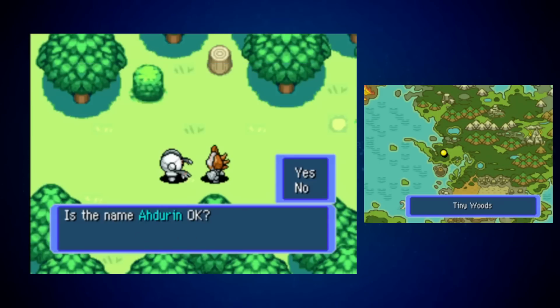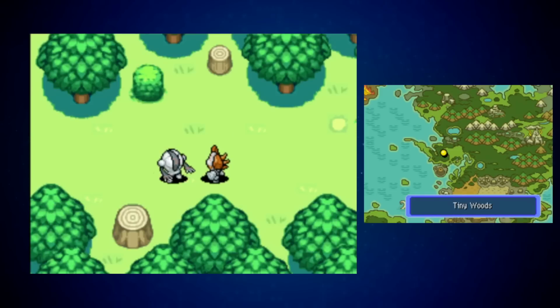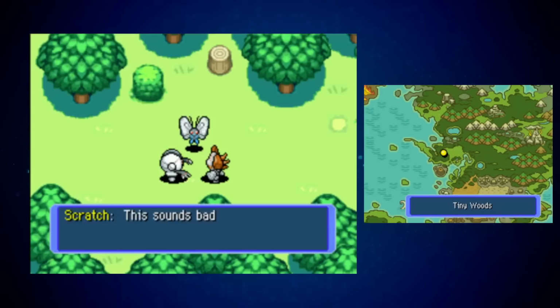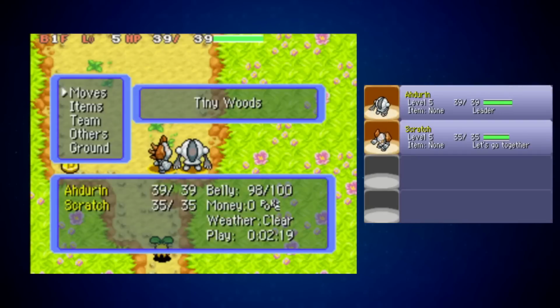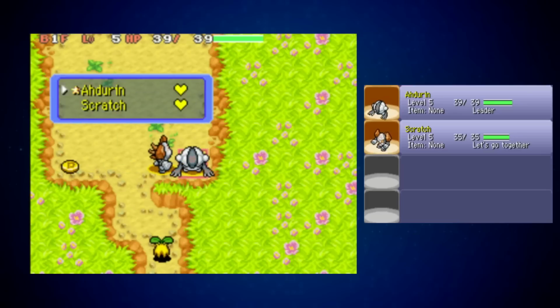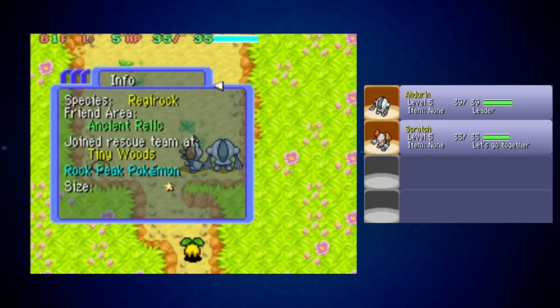We continue on with our adventure here. We had to restart from the beginning. In fact, we're just going to cut through very quickly all of the different story beats, so to speak. But you might notice something interesting as we go into Tiny Woods here. So, us being Registeel, Regirock, that's all fine and dandy. We have to use this to continue going forward, so we just zoom through this first particular floor here after